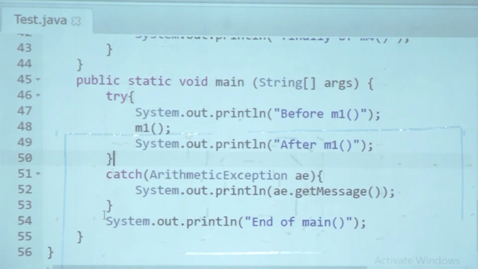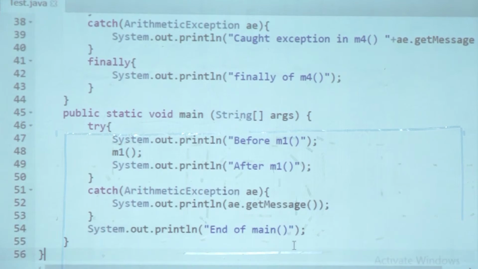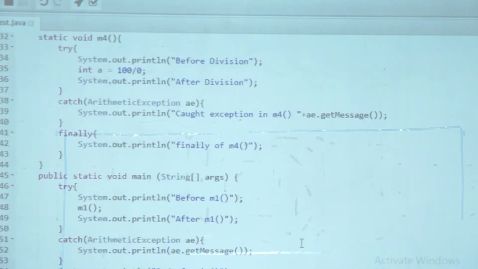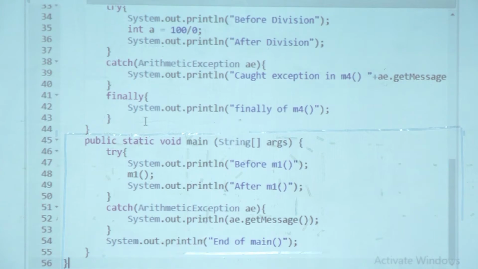So 14 and 15, end of main. I think I got the count right or wrong, I don't know. But there are 15 lines expected in our output because of the handling of the exception, because all the afters will be executed because the exception was handled in M4. There is no propagation of exception. The exception is no longer alive. It was killed in M4 itself.